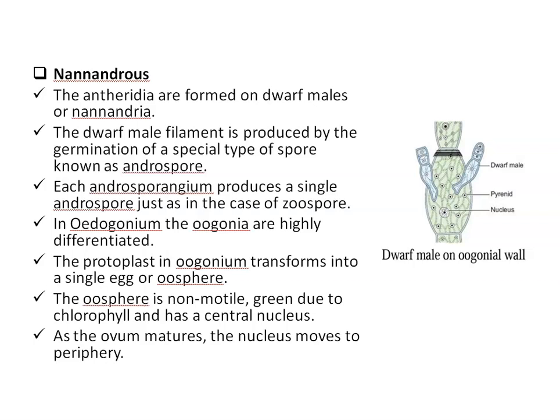If androsporangia and oogonia are formed on the same plant, they are called gynandrosporous. If androsporangia and oogonia are formed on different plants, they are called idioandrosporous. Actually, in